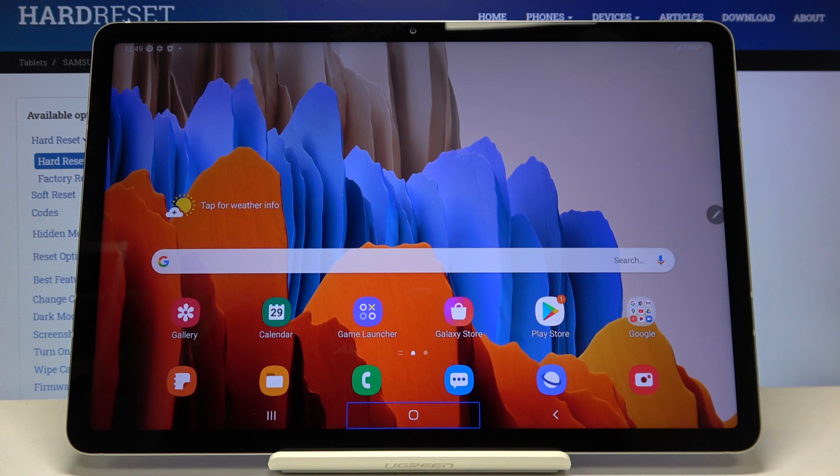Hi everyone, here we've got Samsung Galaxy Tab S7 and let me show you how to enable TalkBack mode on this device. So now we've got this mode on and this is the best situation to show you how to navigate. First of all, let's open the list of apps and do it the same way how you do it